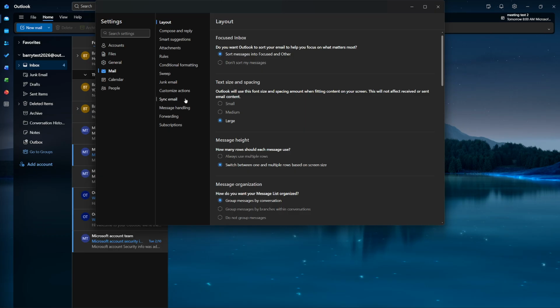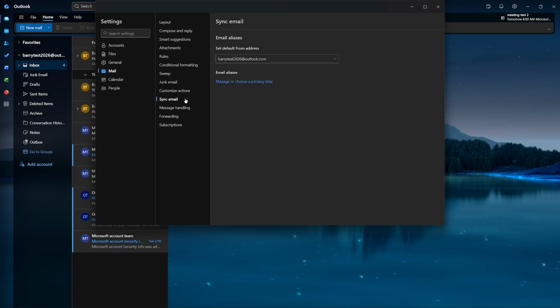On the other hand, POP accounts do not fully sync tasks. POP is an older, download-only style of email connection. With POP, messages and related items are often stored locally on one computer, which means tasks created in Outlook don't reliably travel with you. If you've been using a POP account and wondering why tasks are stuck on one device,